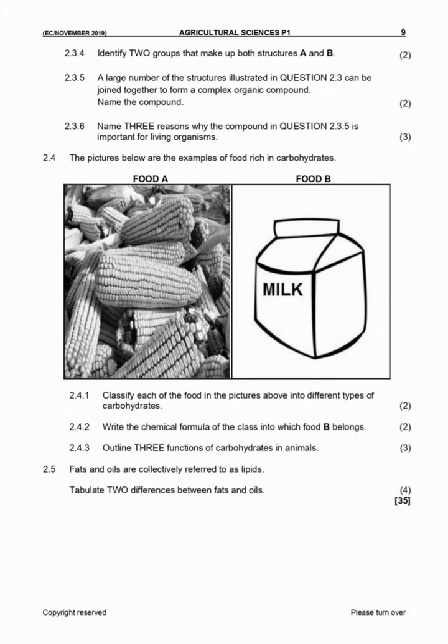2.4.2, write the chemical formula of the class into which food B belongs. So now this takes you back to your knowledge on writing chemical formulas. And then outline 3 functions of carbohydrates. So this is also something you have done with your teacher. What are the 3 functions of carbohydrates in animals? Why do we need carbohydrates, right? 2.5, fats and oils